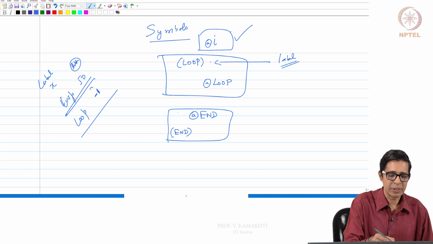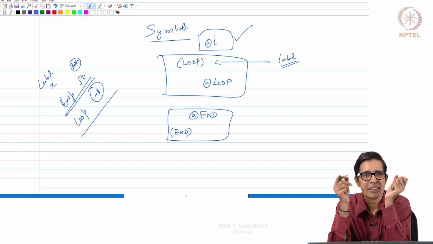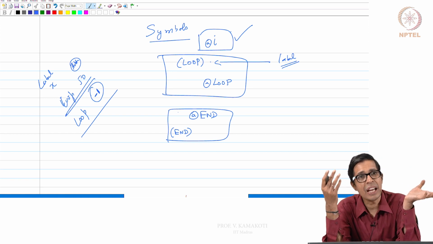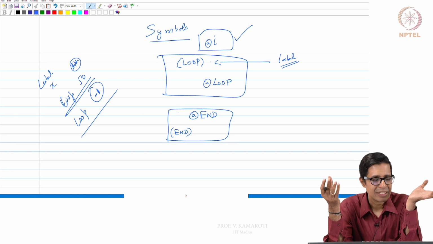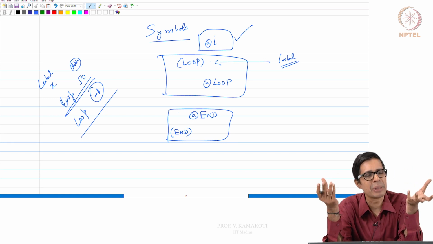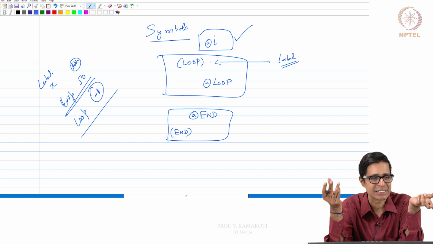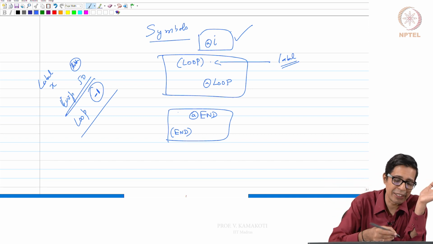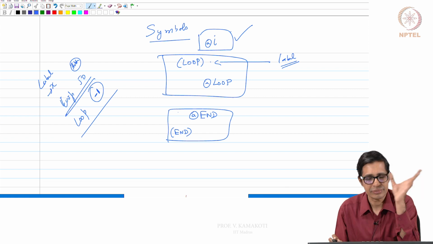It is still minus 1. So two cases are possible. When I see a symbol, that symbol is already there along with a positive address, or the symbol is there but with an address minus 1. That means the symbol is not initialized to an address, but the symbol is already seen in the program. Or the symbol is not there itself, and the first time we are seeing it, right?